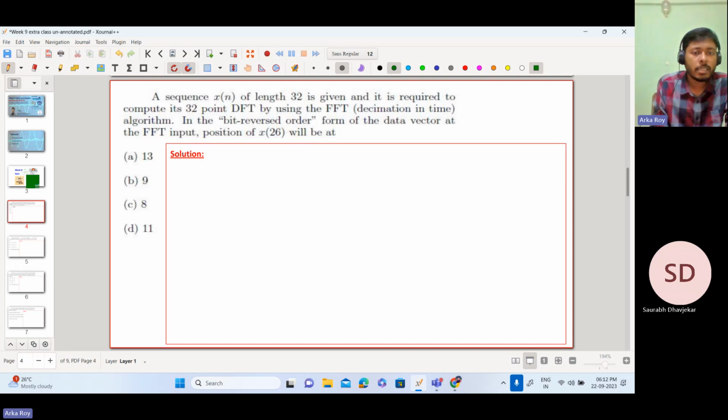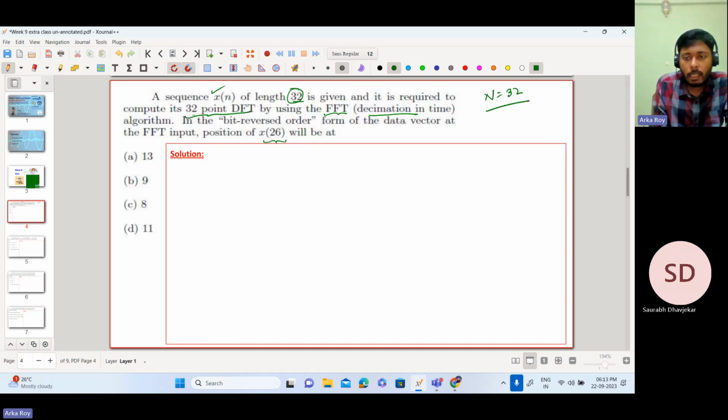The first question says that a sequence x[n] of length 32 is given, and it is required to compute the 32-point DFT. Because the length of the signal is 32, it is quite obvious that you have to compute the same number of points in the DFT as in the original signal. So the 32-point DFT is to be computed by using FFT with the decimation in time algorithm. We need to compute the DIT FFT. In bit reversal order, form the data vector at the FFT input. So position x[26] will be at